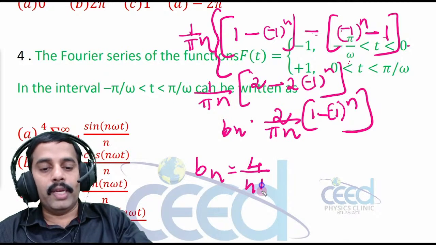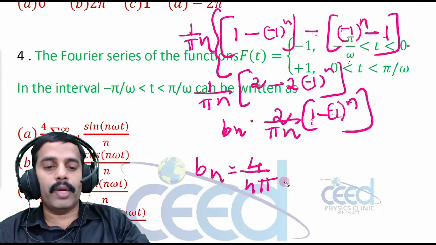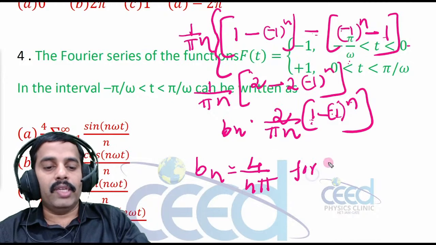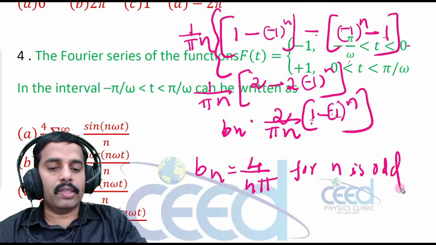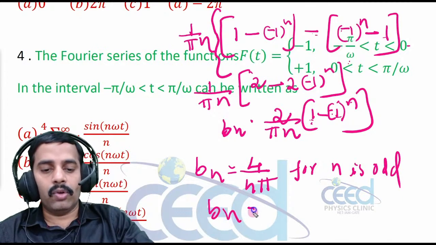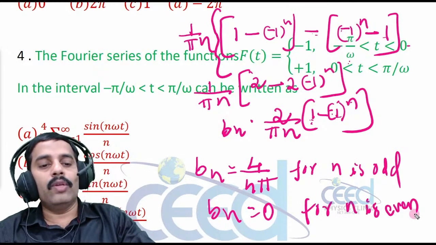So 4 by n pi. So when n is odd, this becomes 2, and here it becomes 4 by n pi for n odd. All other terms are 0. Even values are 0. bn is equal to 0 for n even. Now we can substitute these values in